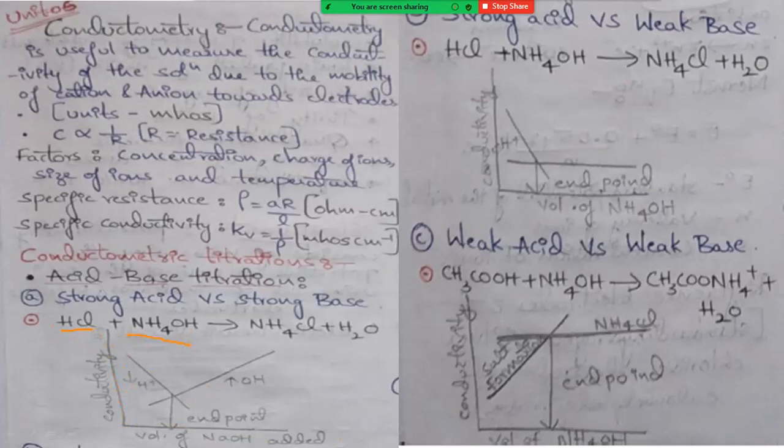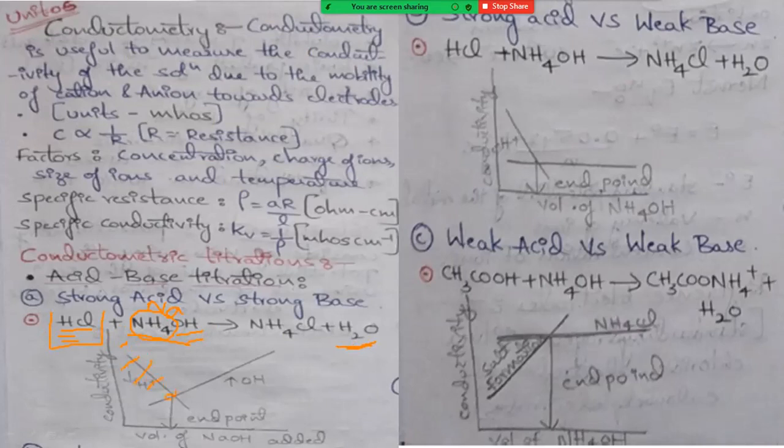But slowly, we are adding a strong base. Actually, this is not a strong base, this is a weak base. NaOH is the example for a strong base, right? So here NaOH is taken in the burette, and this NaOH will be added slowly, drop by drop, so that H+ ions are getting consumed by OH- ions, forming water molecules. So slowly the number of H+ ions available in the solution will decrease. At this point, 100 H+ ions are there, and when it comes here, it gives around 80, 60, 40, like this.